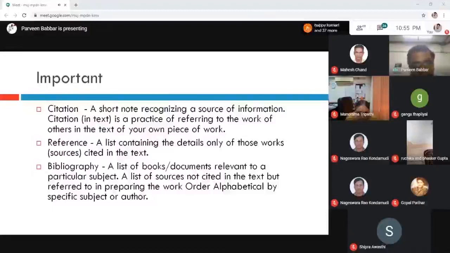Text citations are needed when you are quoting something, or when you have paraphrased something; then you must cite it as a text citation. Also, the full description of that reference can be listed in the bibliography of your paper.